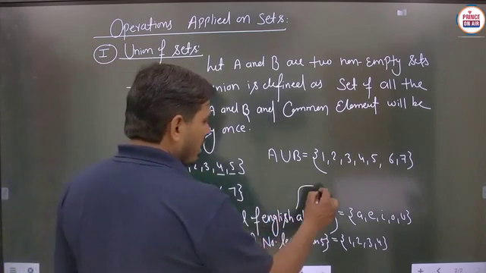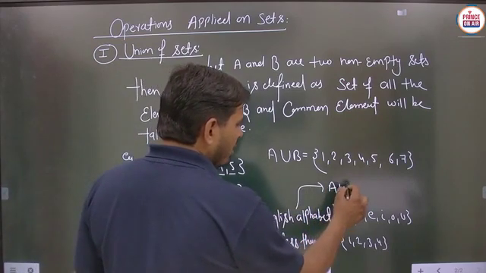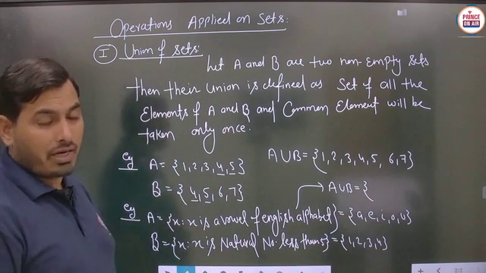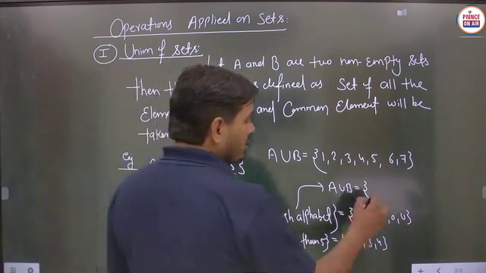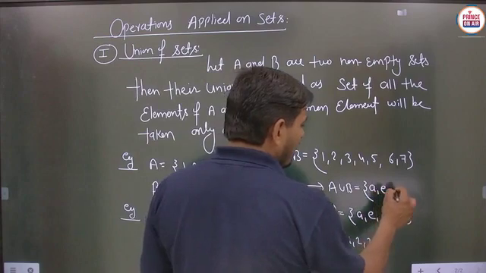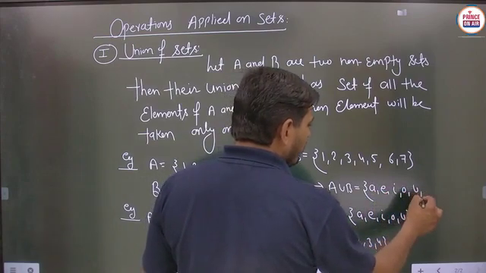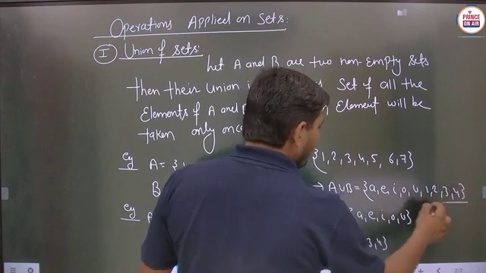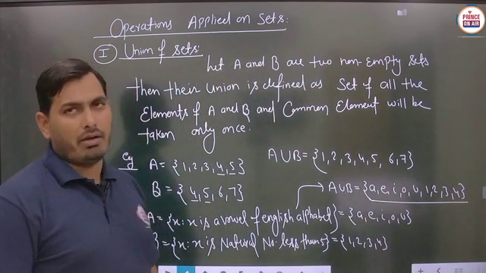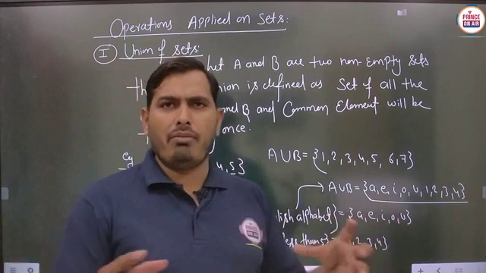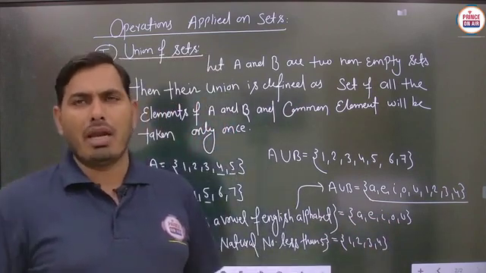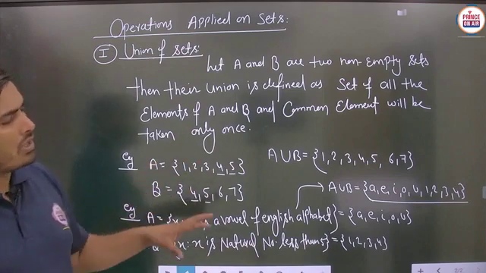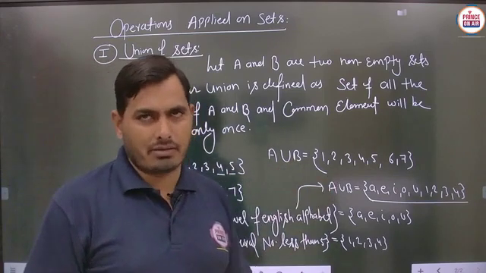Now we have to just calculate A union B. You can see the answer here, A union B. Then student, we have to mention each and every element of the sets A and B. So this is A, E, I, O, U. After that 1, 2, 3 and 4. Means we have to join all the elements of A and B, and the common elements will be taken only once. Then this particular type of operation is said to be the union of two sets. Is it to be clear?